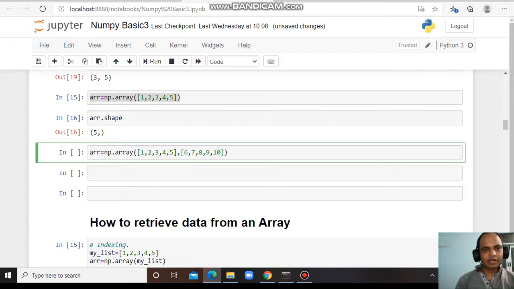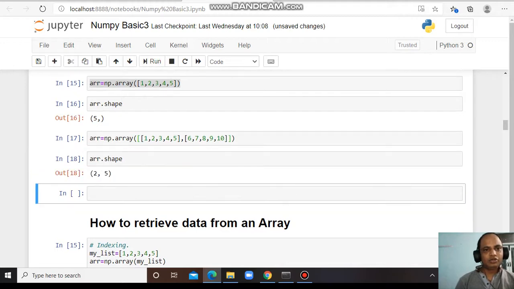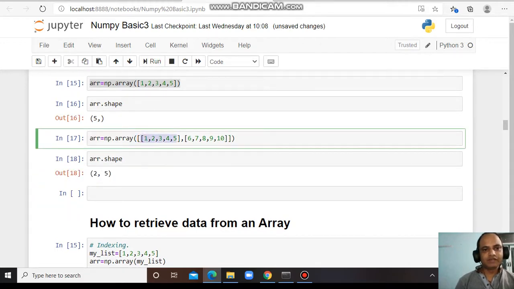This way. And I want to put both lists into another square bracket. Now this is converted into a two dimensional array. If I check arr.shape, it is a two dimensional array having 2, 5, that means 2 rows and 5 columns.